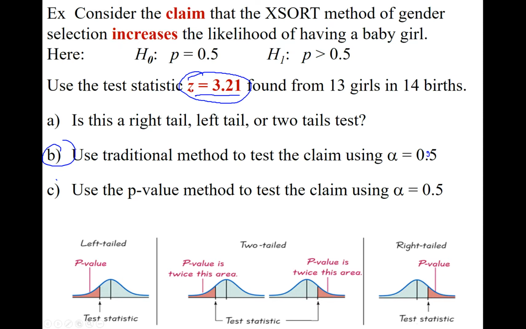I'm sorry, there's a typo here. It's 0.05 for both. Now, first of all, is this a right tail test or left tail test or two tail test? From here, we do know this is a right tail test. Once it is a right tail test,